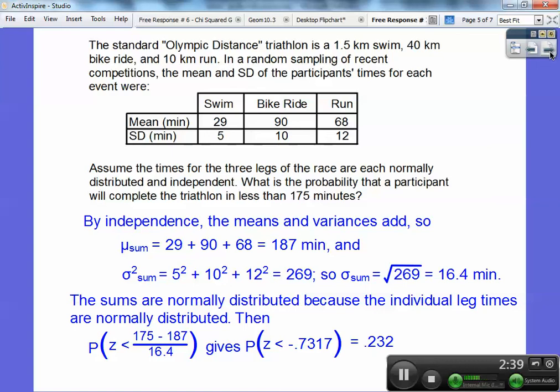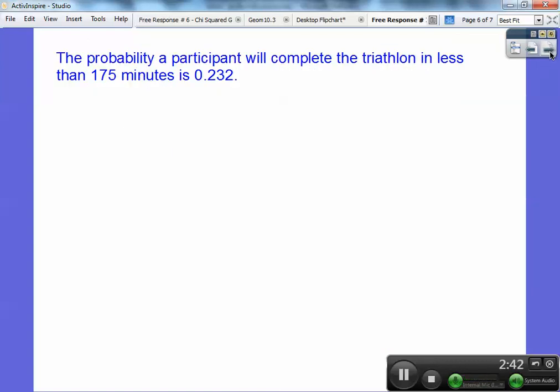Okay, so let's answer the question in the context of the problem. The probability that the participant will complete the triathlon in less than 175 minutes is